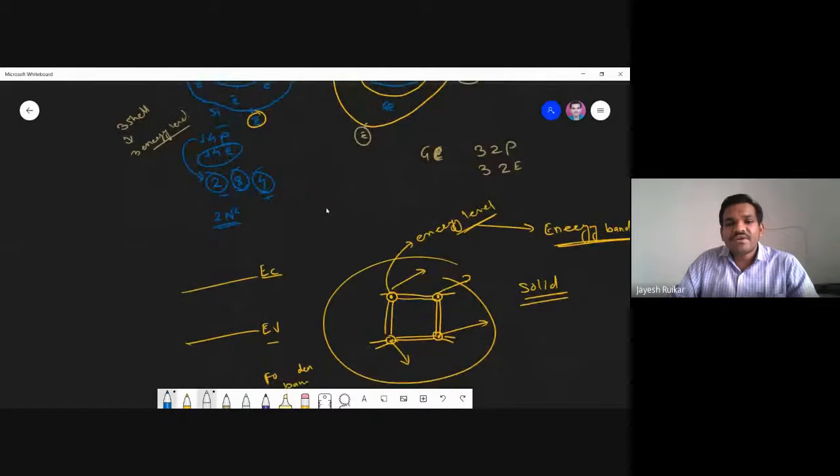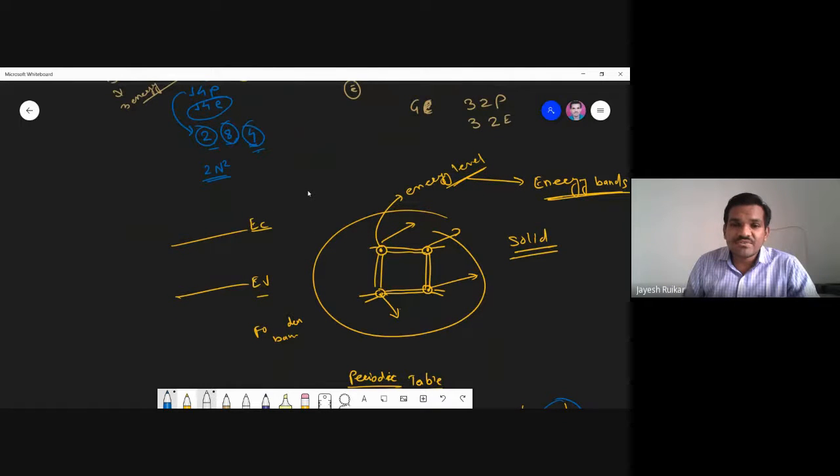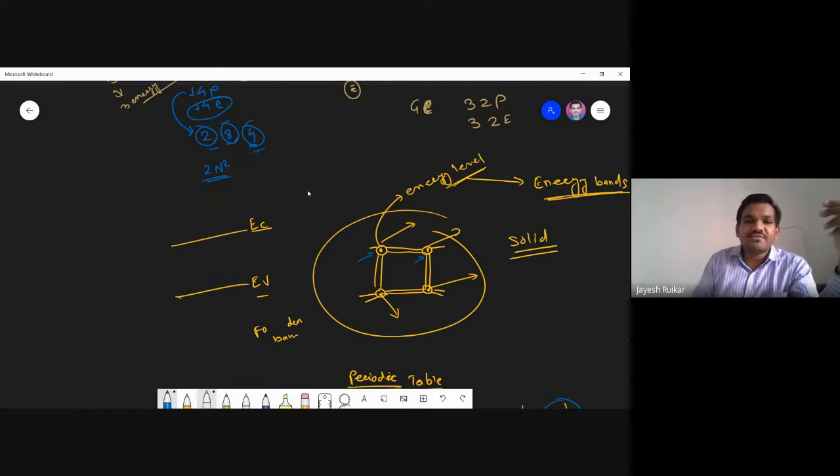Now when we talk about the bonding, consider one silicon atom and a second silicon atom, forming a covalent bond between the neighboring atoms. Why do they need to form a covalent bond? Because each contains 4 valence electrons, it will make a bond with another silicon atom. Both silicon atoms have 4 valence electrons, they start bonding with each other with these electrons, and that forms a covalent bond.